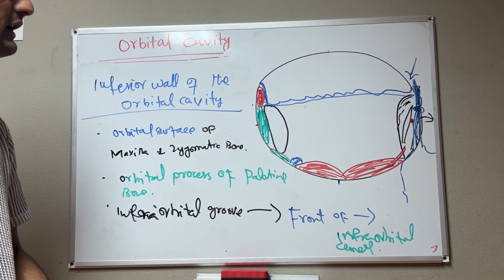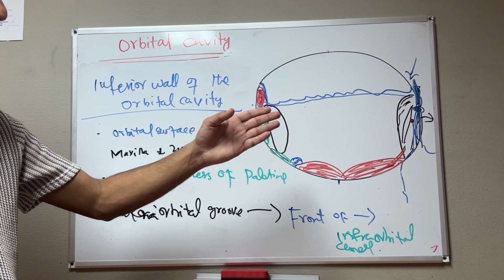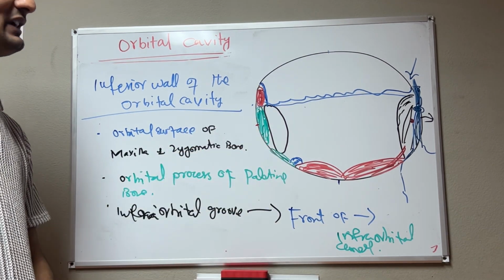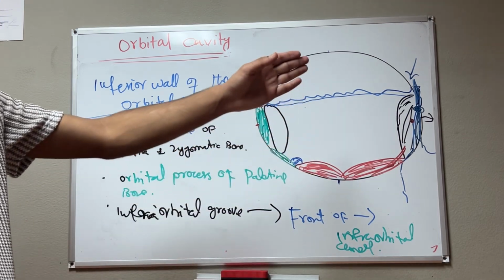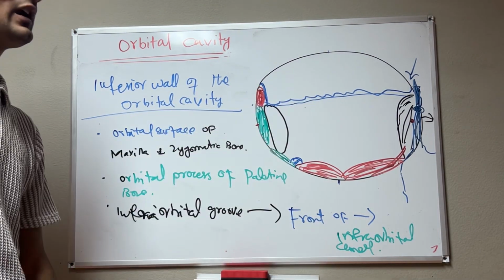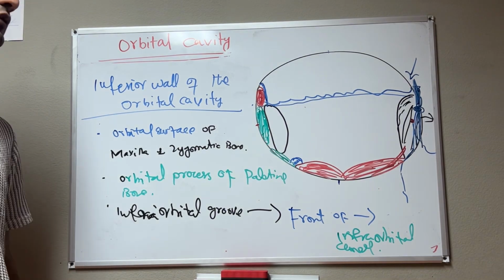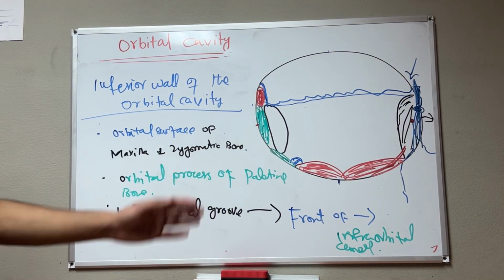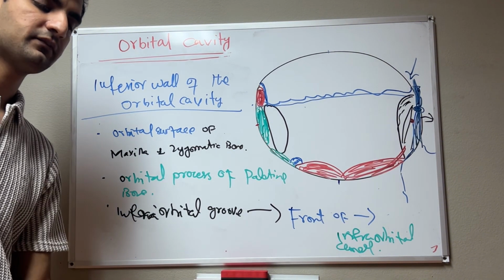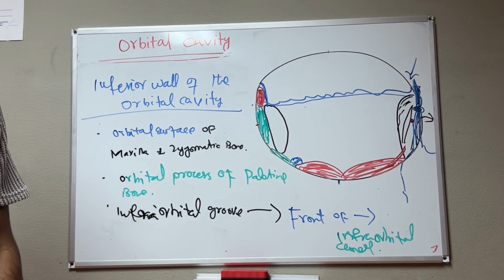Next, the inferior wall: we have the orbital surface of the maxilla bone and zygomatic bone, and also the orbital process of the palatine bone. And laterally we have the frontal process of the zygomatic bone and the orbital surface of the greater wing of the sphenoid bone. Okay, this is enough for today. This is the orbital cavity. Okay, thank you for